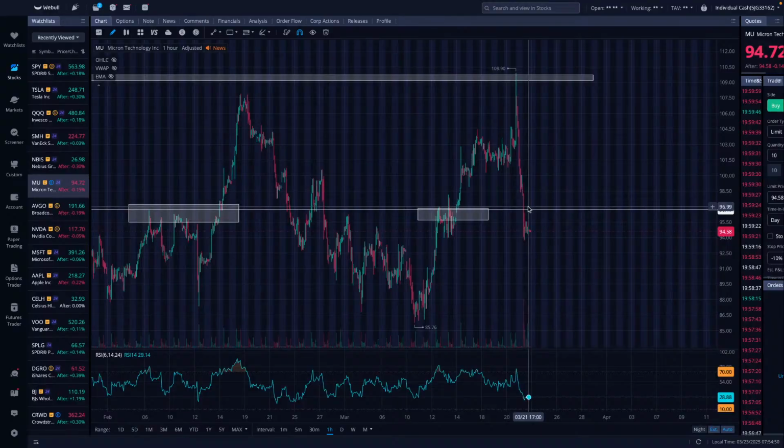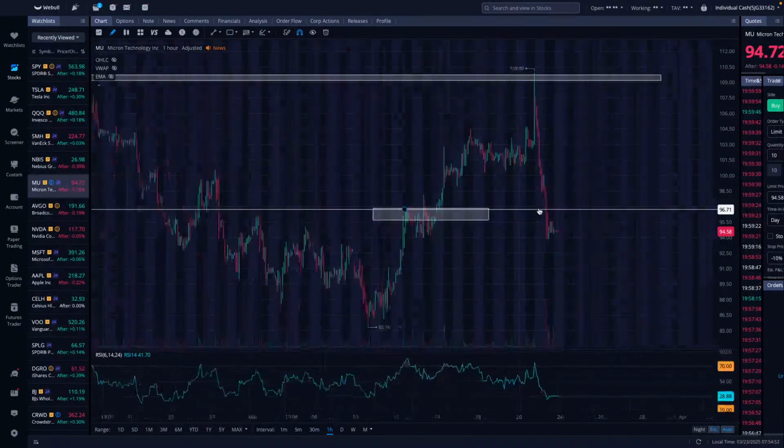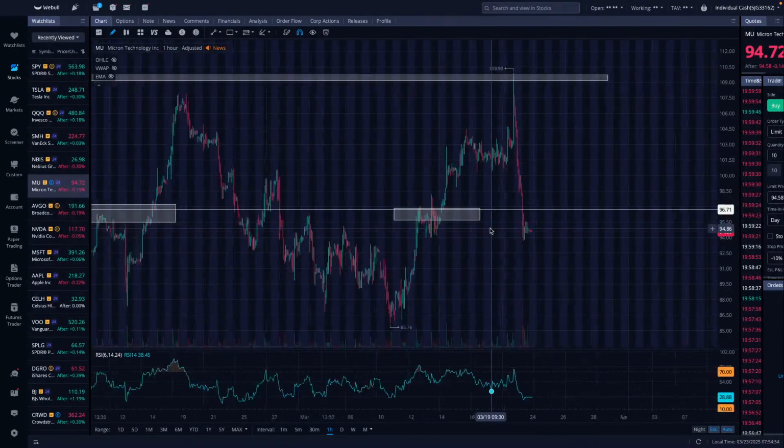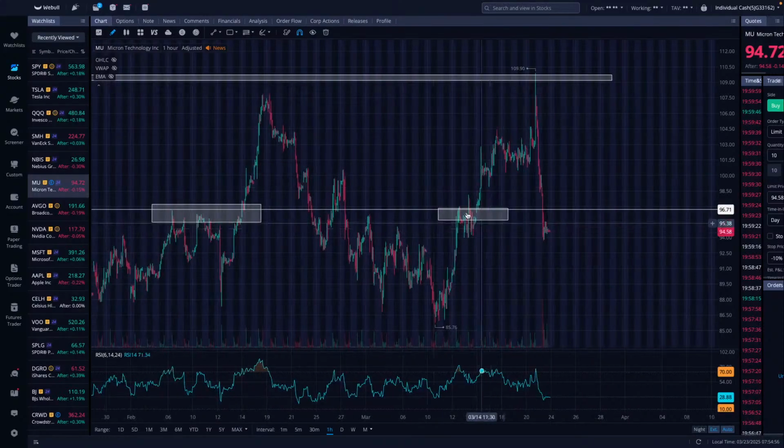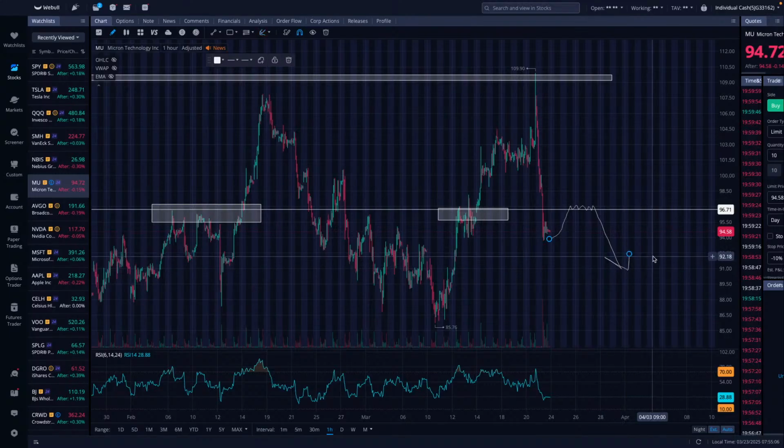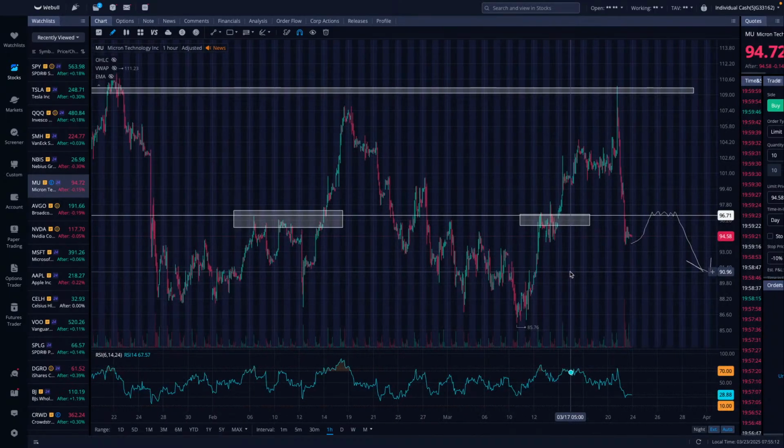Now that we have broken through this 96 support level, which was the level that I was calling out potentially as a buy, I think what you can do is look for this move here. We get that move back up to 97. If it starts consolidating, watch it, and then look for the move back down. I do believe there is weakness in the market, and I think we just need to be cautious. And if you're going long, you really got to trade the ranges. I think that would be better.